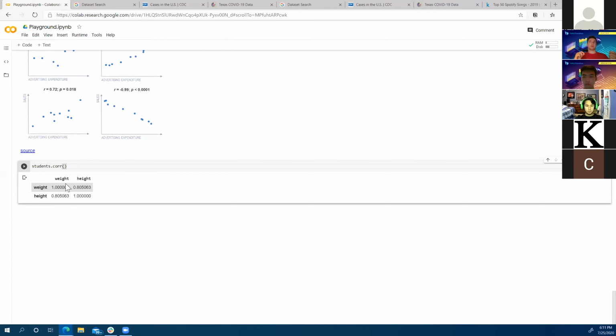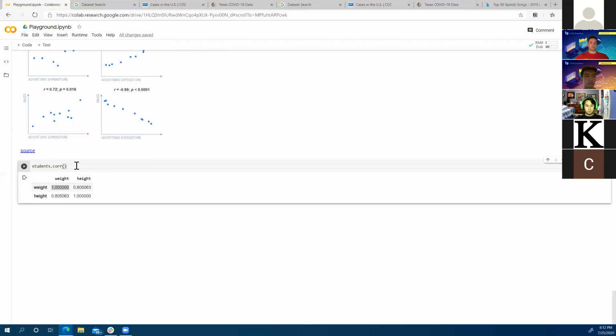So each pair of variables is correlated to each other, and then it gives the Pearson's value for each of those correlations. We can see that when a variable is correlated with itself, the value is 1, which obviously makes sense because they're the same variable.